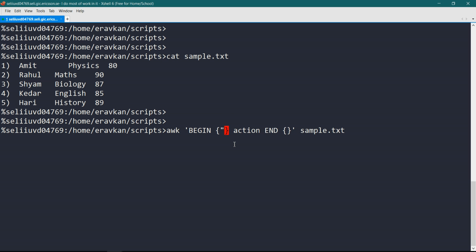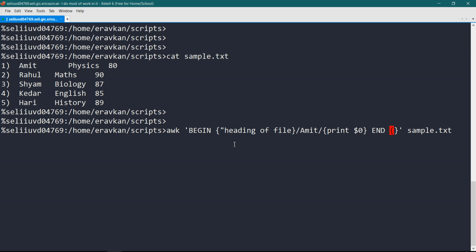In BEGIN, I can write the heading of the file. In the action, suppose I need to search the lines which contain Amit, then I can write Amit, then print only those lines that contain Amit, using $0.